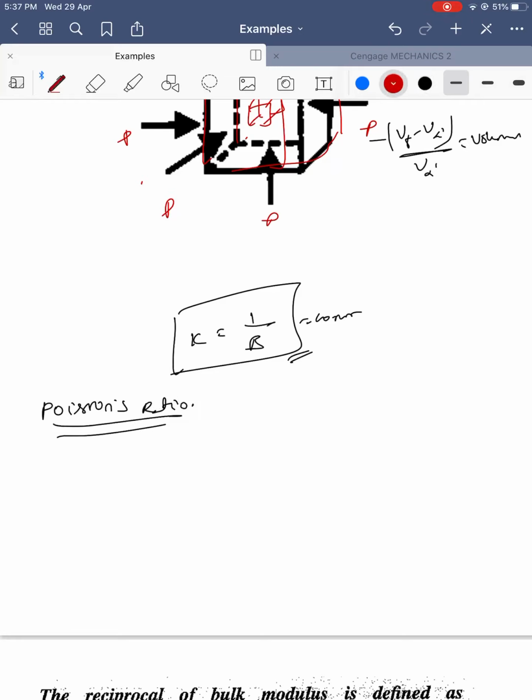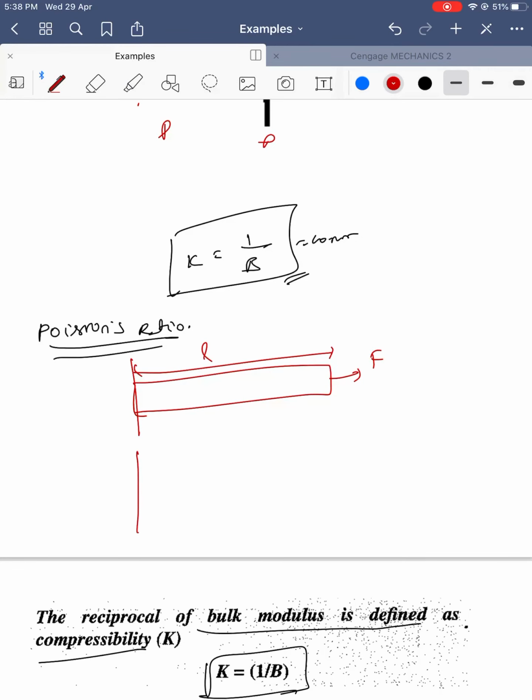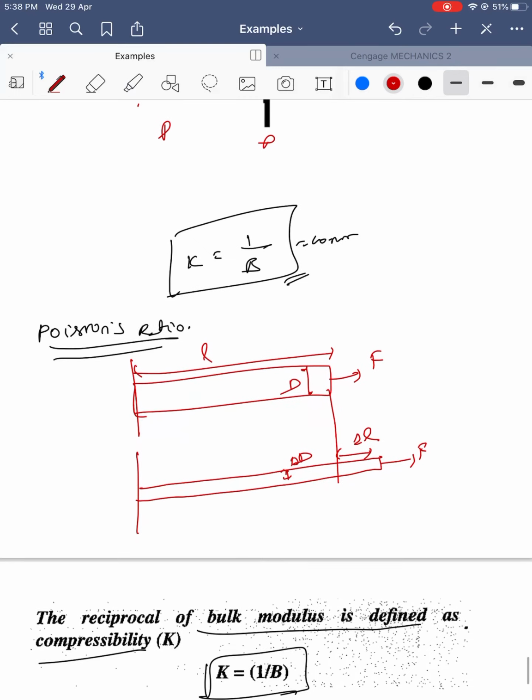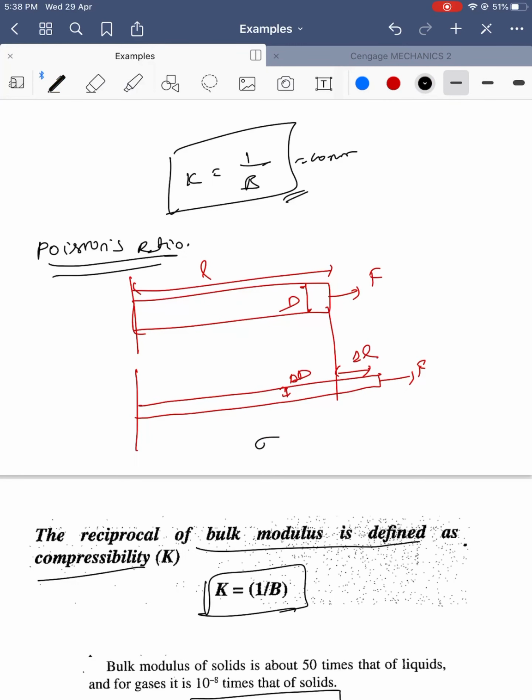Poisson's ratio. Let's consider a rod of length L, fixed at one end, with a force F applied. When the force is applied, in reality the length increases and the diameter decreases. So the length is increased by delta L, and the diameter is decreased by delta D. Initially it has diameter D. The Poisson's ratio, which we represent with sigma, is equal to